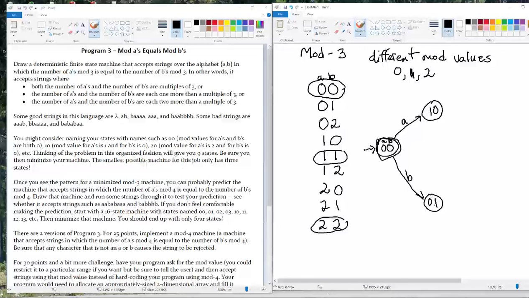Remember, these are mod values. The number of A's modded by 3 is still 0. The number of B's, however, because I got 1 here, I had a multiple of 3, now I have 1 more than a multiple of 3 B's. All right, so this state's finished. I have an A and a B. We got to do that for every state. And we have a total of 9 different states,